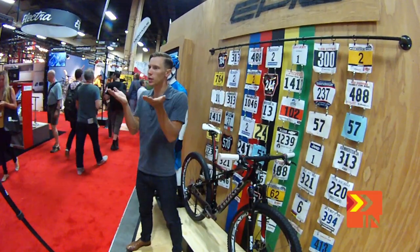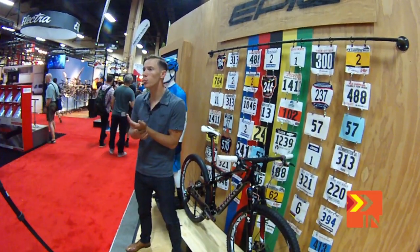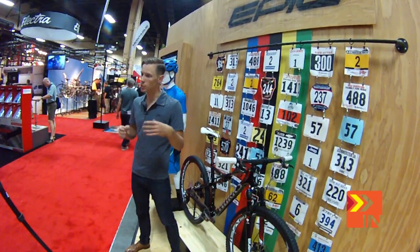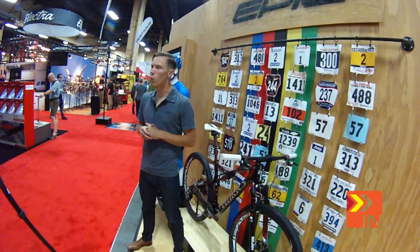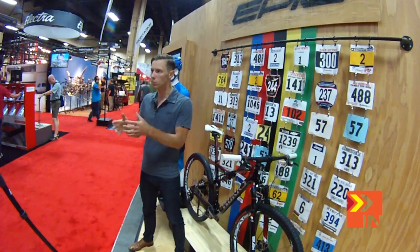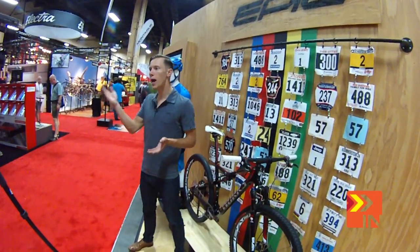Both of those platforms will sit alongside each other in the store. Both bikes have a slightly different geo. The World Cup's going to be shorter. It's going to have a tighter rear end to it. It's only going to be available with 1x11 drivetrains, SRAM 1x drivetrains, and then the new Epic, which is going